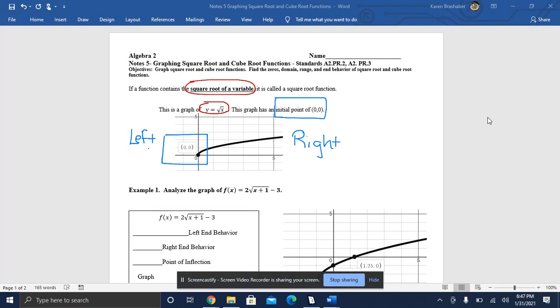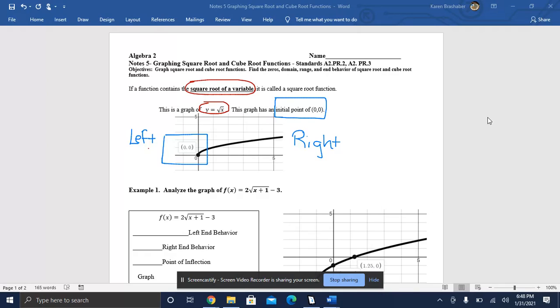Today we're going to be starting a new unit, and in this unit we're looking at inverse functions. Two of these functions are the square root and the cube root, and we're going to first of all look at their graphs. So a square root function has a square root of a variable. So your basic one would be y equals the square root of x, and I went ahead and graphed this